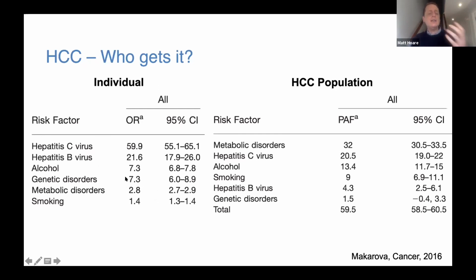So in an individual patient, it becomes very, very obvious as to who should undergo screening if they have liver disease. So obviously patients with hepatitis C, obviously hepatitis B, obviously alcohol, but who on earth should we be screening who has NAFLD? If you look at it the other way around, rather than on an individual patient basis,